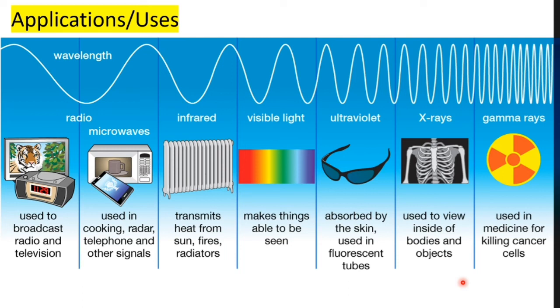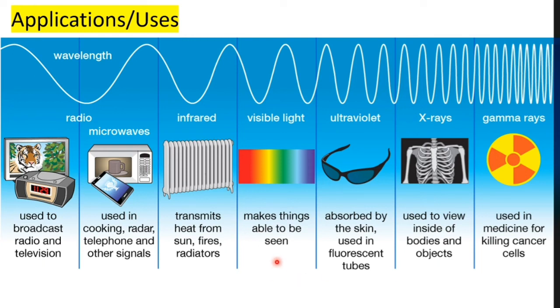Gamma rays are used for killing bacteria, to sanitize medical equipment, and for radiotherapy. Despite their cancer-causing property, gamma rays are also used to treat some types of cancer within a particular limit of wavelength. The biggest gamma ray generator is the universe itself. Some radioactive substances and certain nuclear reactions also produce gamma rays. So these were some of the applications of each type of wave.